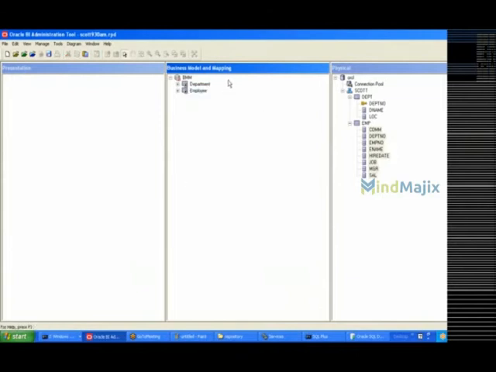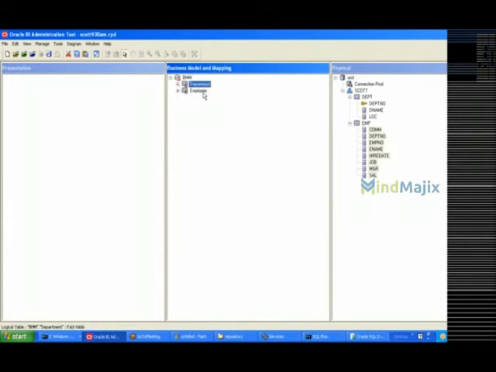In the business model and mapping layer, all the dimension tables should have a primary key. Primary key is mandatory in the logical dimension table. Which means in the BMM layer there exists no dimension table without a primary key. All the dimension tables available in the business model or logical layer will have a primary key. So here the department table is a dimension table. Here I got that key manually.